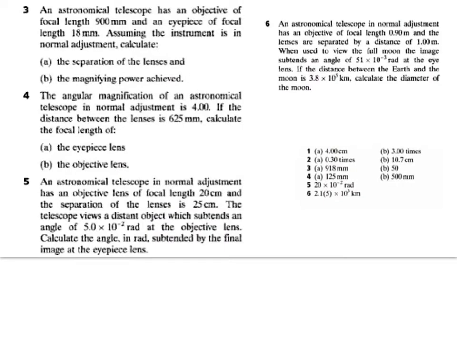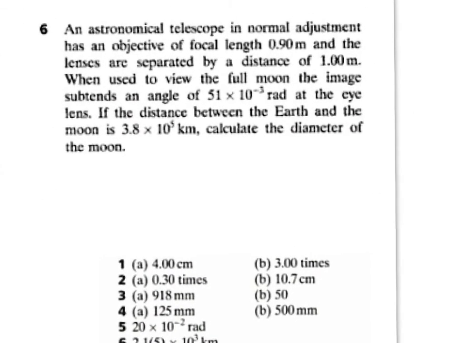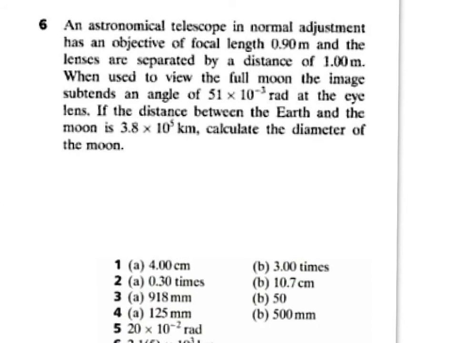Question 6. An astronomical telescope in normal adjustment has an objective of focal length 0.9 and the lenses are separated by a distance of 1 meter. This means that your eyepiece focal length is 0.10 meters. When used to view the full moon, the image subtends an angle of 51 times 10 to the minus 3 radians at the eyepiece lens. If the distance between the Earth and the Moon is 3.8 times 10 to the 5, calculate the diameter of the Moon. So what that's saying